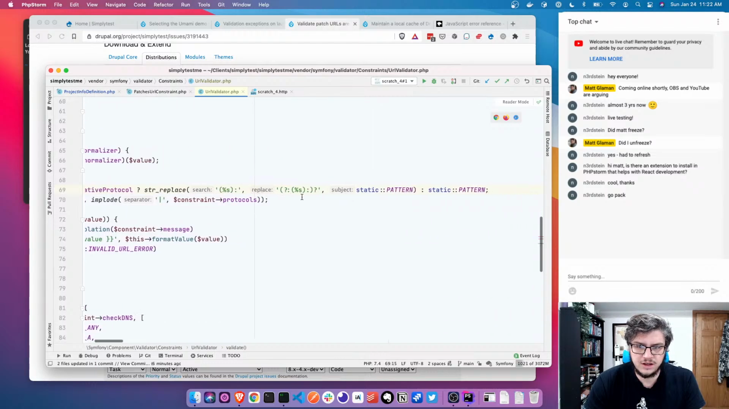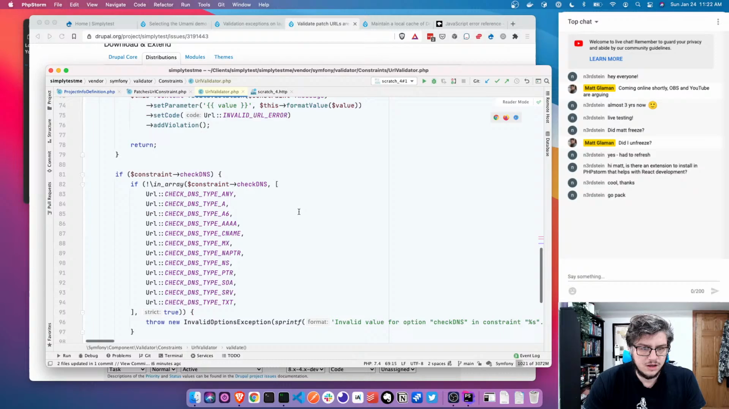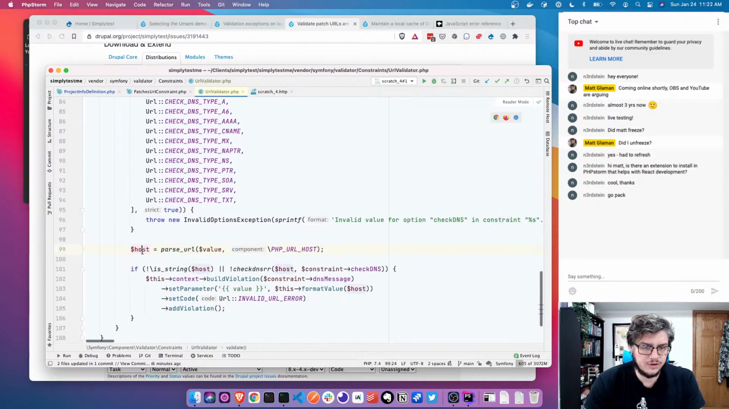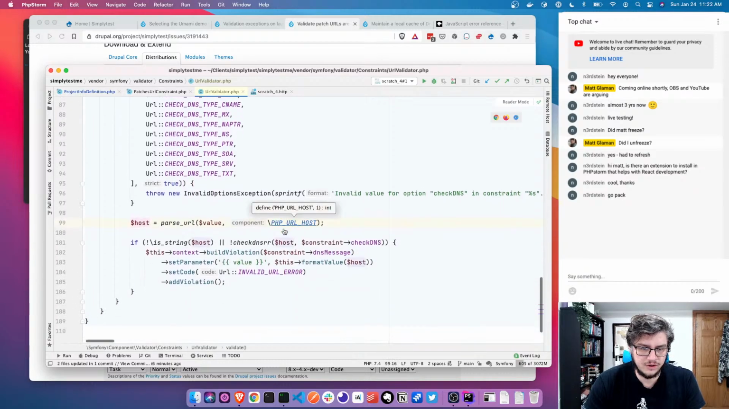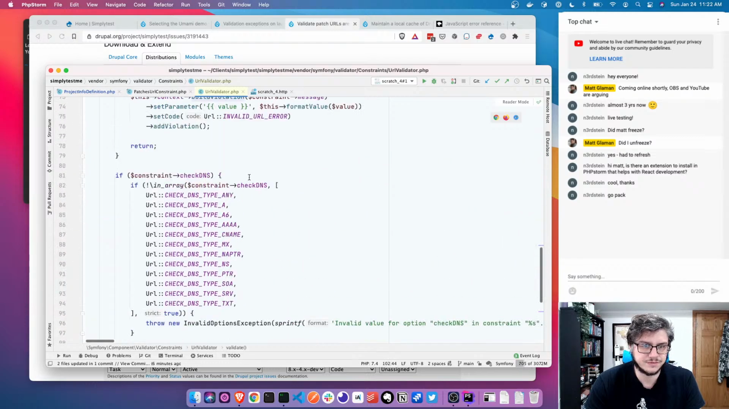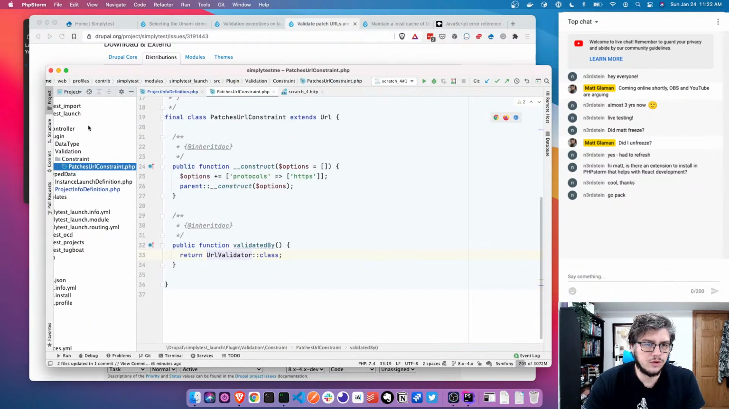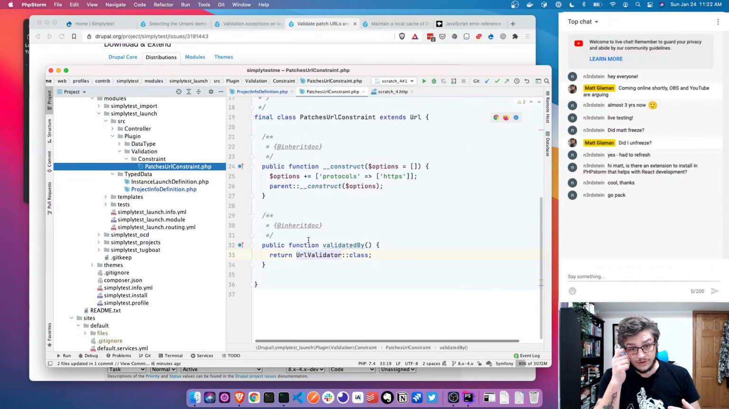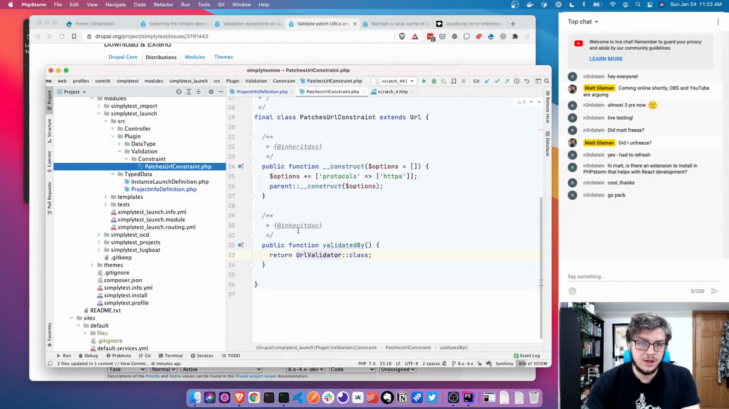Pattern checks the... there. Okay. So it doesn't do a parse URL to check the host until it does a DNS check. So what we'll do is we're now going to extend the URL validator with our own. And we will now do,